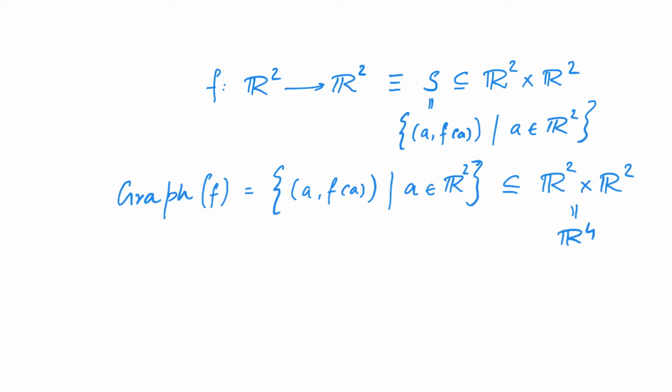Now we can all visualize R2 or R3. But how do we visualize R4? We cannot visualize R4 as it is beyond our capability of seeing. We live in a three-dimensional world, and hence we cannot see anything beyond 3 dimensions. So R4 is something that we cannot visualize. Therefore, graphs are not very useful in analyzing functions f from R2 to R2, or in general f from Rn to Rm when n and m are greater than or equal to 2. So how will we visualize such functions?